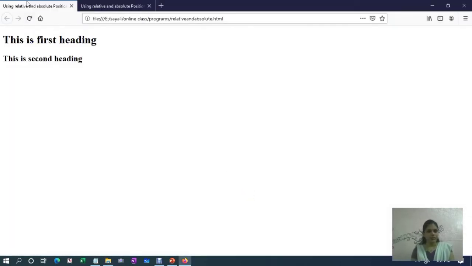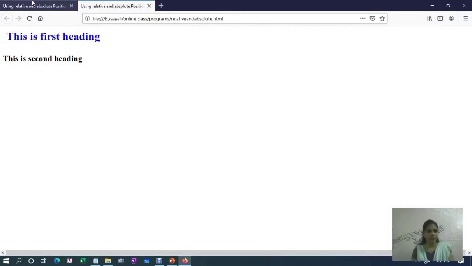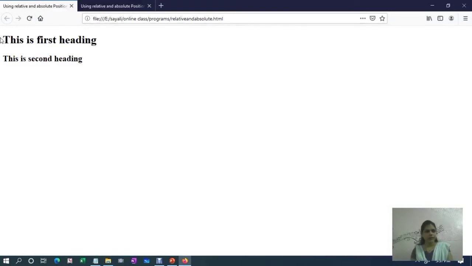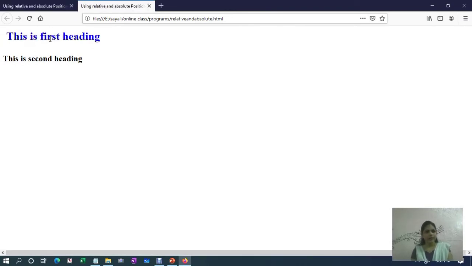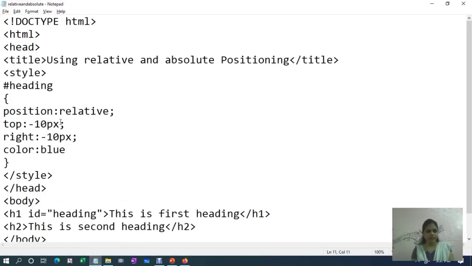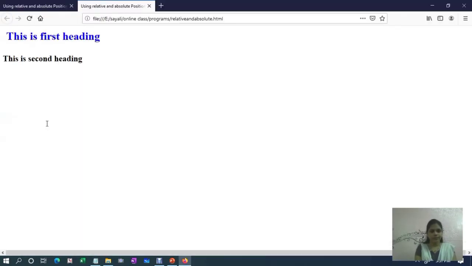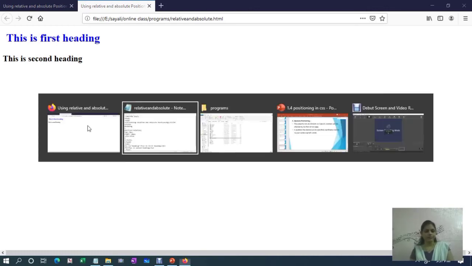Now see here, you can see both programs. Here the position is at this position, but here the position has shifted upward by minus 10 pixels. Suppose let us reduce pixels to minus 5, then you can see here that heading is now somehow 5 pixels down.